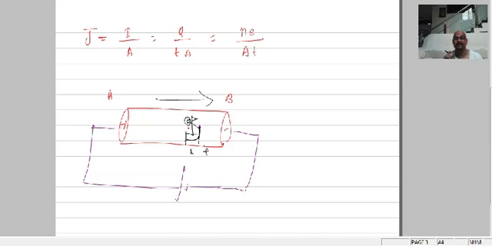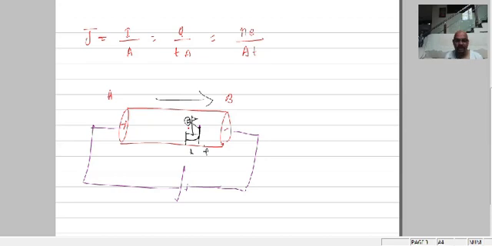Millimeters per second, which means it can move only about 1 millimeter in 1 second, not more than that, in a conductor I am telling. So slowly they drift towards the positive end of the conductor, and that velocity we call drift velocity. So the free electrons, the charge carriers in a conductor, under the application of the external electric field, slowly drift towards the positive end of the conductor.